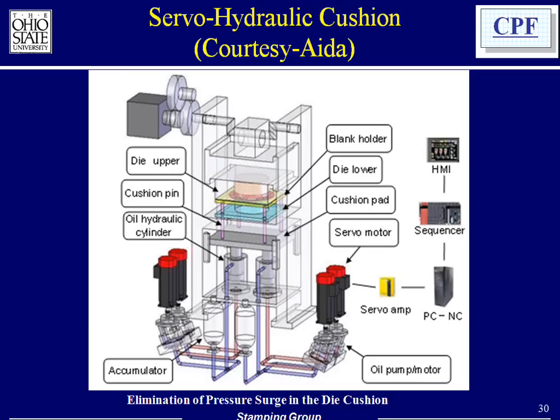So you see 2 hydraulic cylinders in the bottom, but normally you have 4. And what this cushion does, in addition to arranging for pre-acceleration and changing the cushion force during the stroke, is use the cushion hydraulic pressure during the deformation